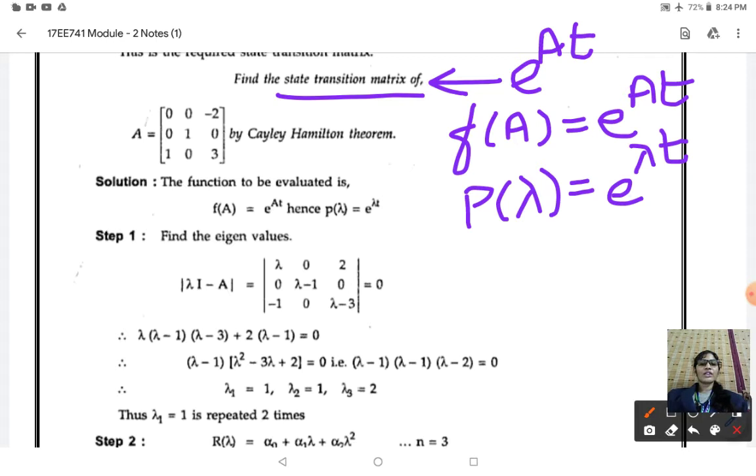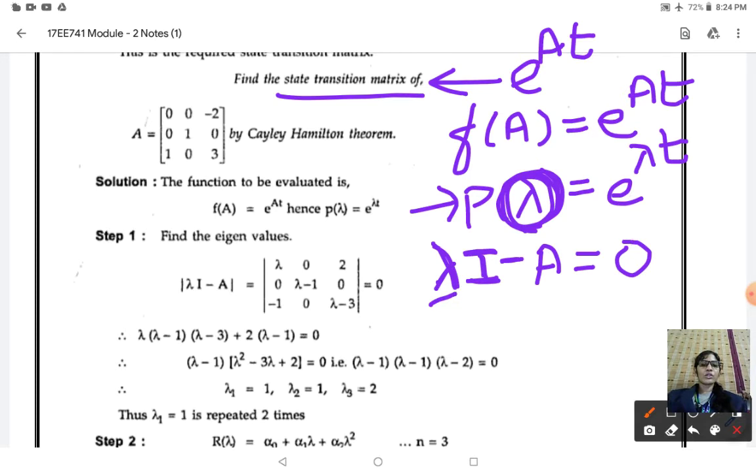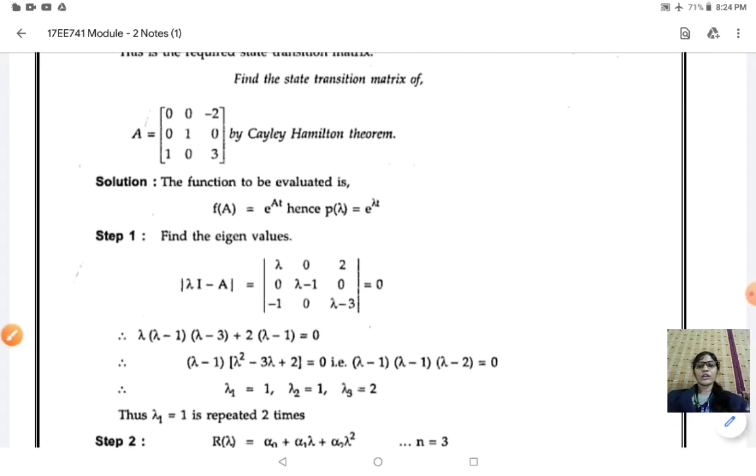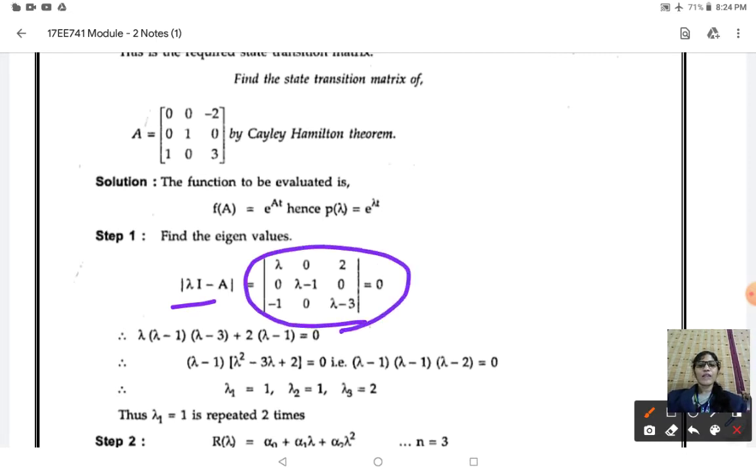Next, we need the value of lambda. So we need to identify the characteristic equation, lambda I minus A. It is your characteristic polynomial. Since we need the value of our lambda, we need to write the characteristic equation, that is, lambda I minus A is equal to 0. Lambda is a constant, I is your identity matrix and A is the matrix given in the problem. After substituting lambda I minus A, we are getting this particular matrix, and for this matrix we need to identify the